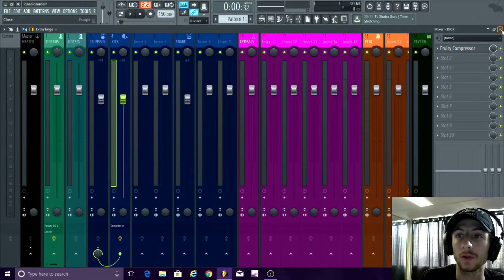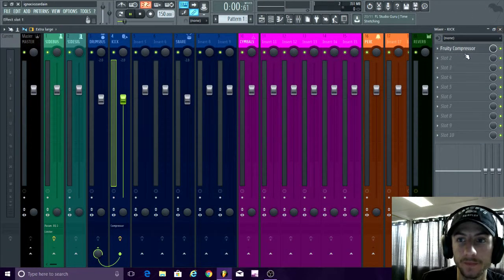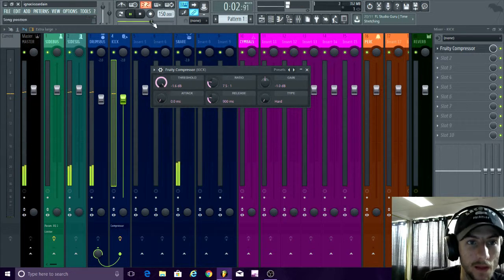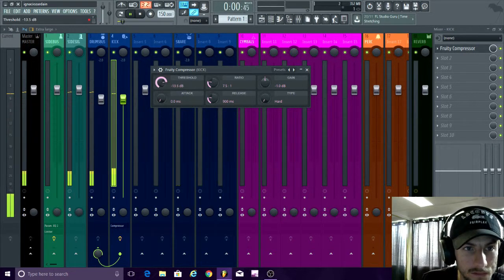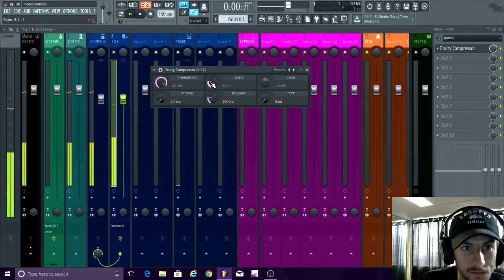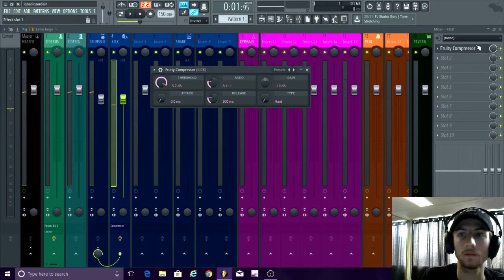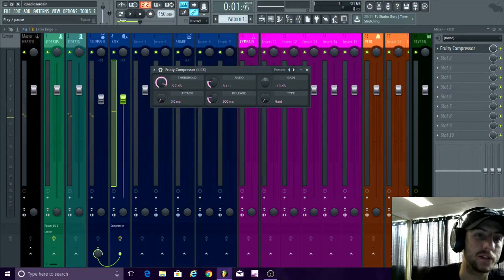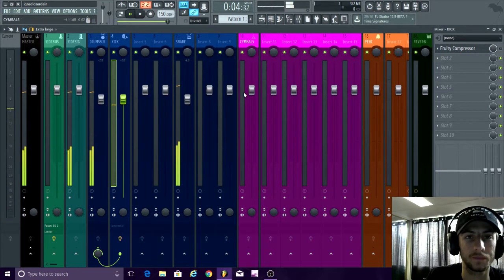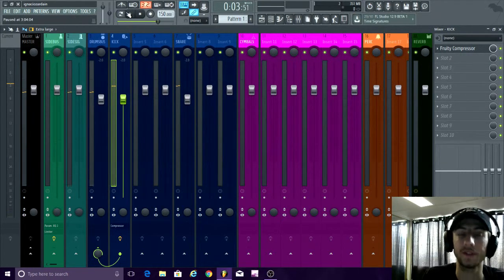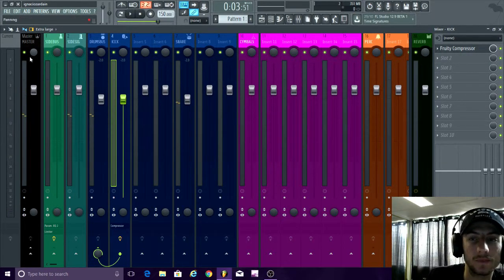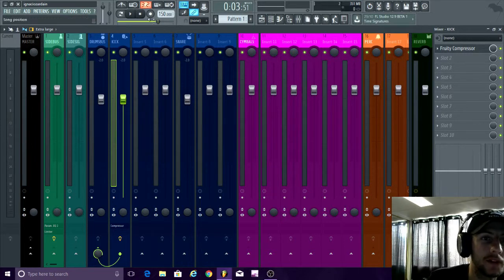So let's have a look. Right, we've got our kick drum, it's going. Now let's see what he means by making this more tighter. There you go, you can already hear a bit of a difference just by messing with the knobs on this thing. That is definitely more tighter. Now, I wouldn't necessarily do that on the kick drum, but the snare, for example,